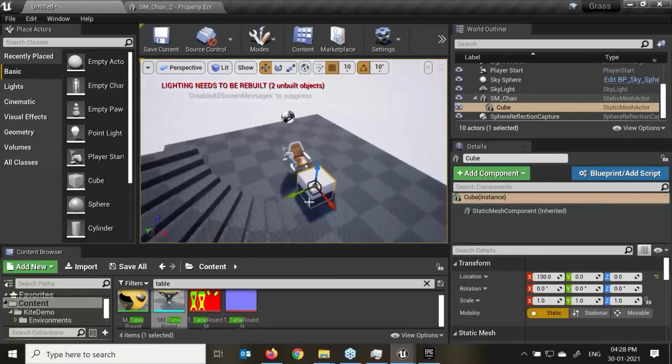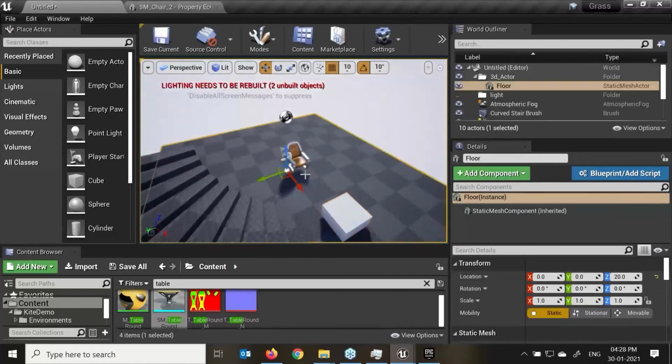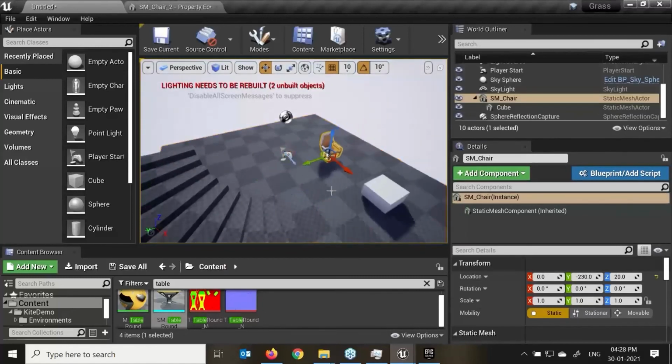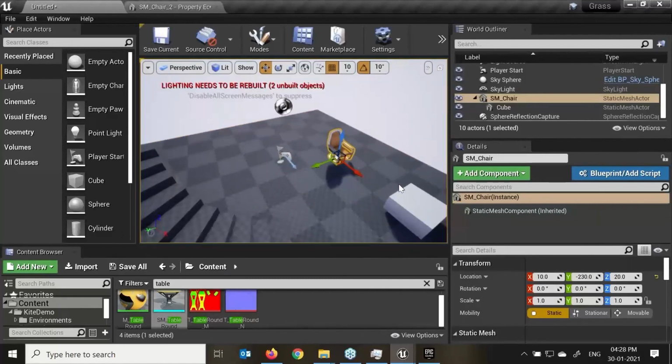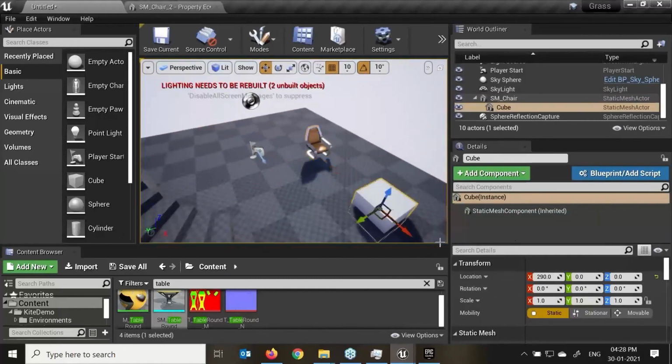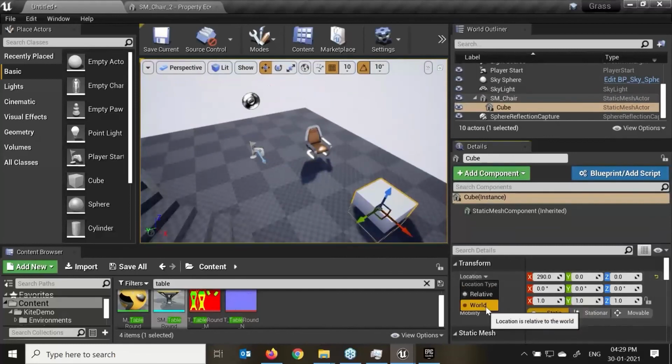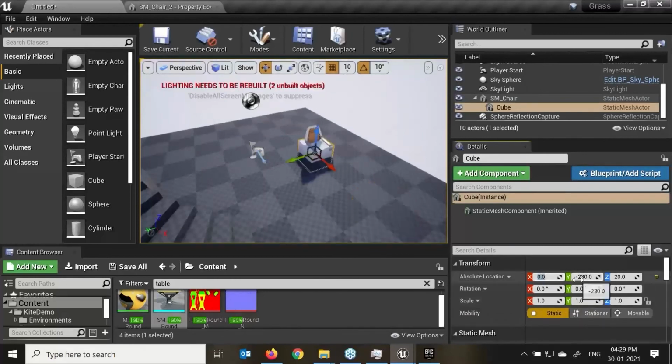Again, after creating any child parent relationship, if I move my parent object, my child object will move together. But if I select my child object, it has to move, or it gives the effect in the world axis. In the world, if I click on this and make this 0, 0, 0, you can make this 0.